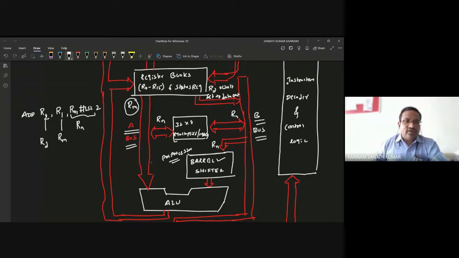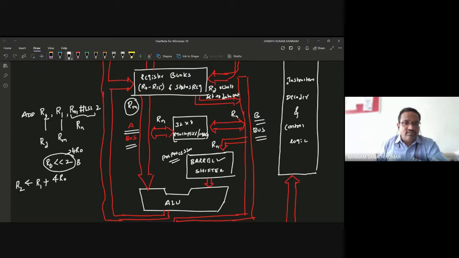So before coming into the ALU, before performing this add operation, whatever our R0 is, it is left shifted by how many times? 2 times. As I told you, when you left shift by 1 time the number will be doubled, and when you left shift by 2 times the number will be multiplied by 4. So you are getting 4 R0 plus R1. Whatever result you get will be stored in R2.